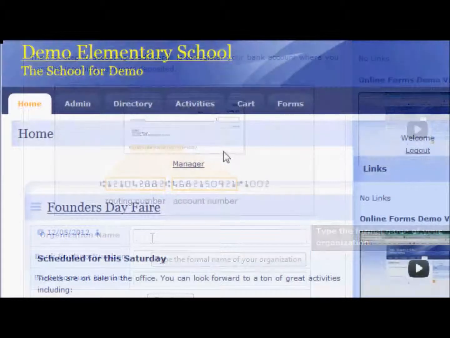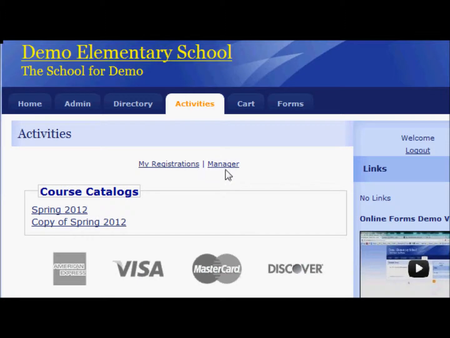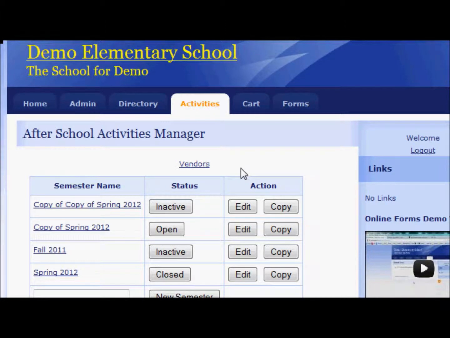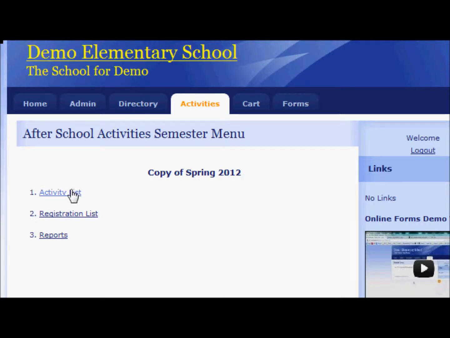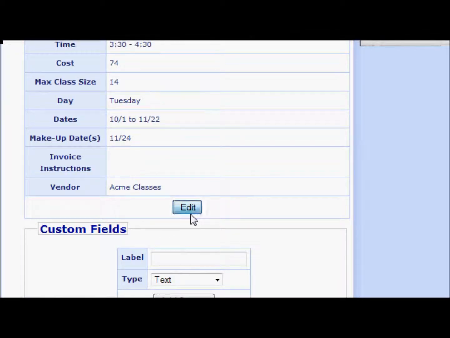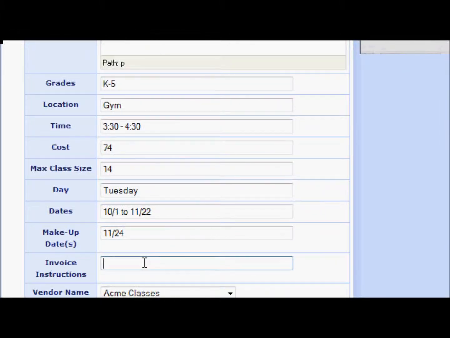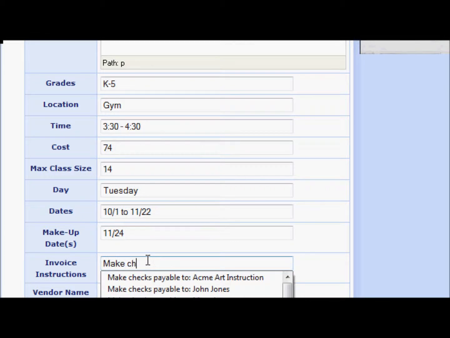Okay, now let's go back in as the activities manager, and we're going to go ahead and assign to the spring 2012 a vendor name to each vendor, and we see here it's already assigned to Acme classes. Make checks